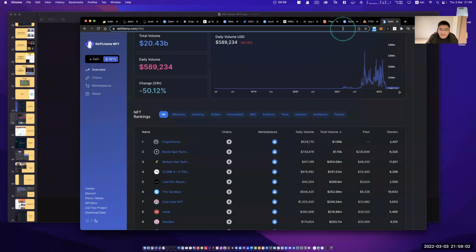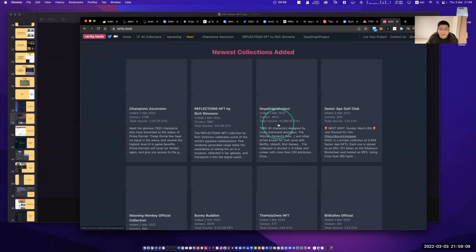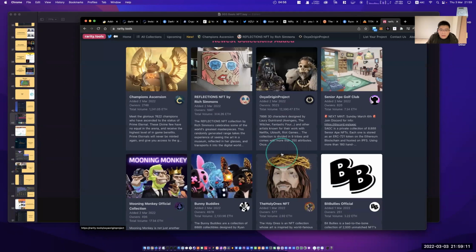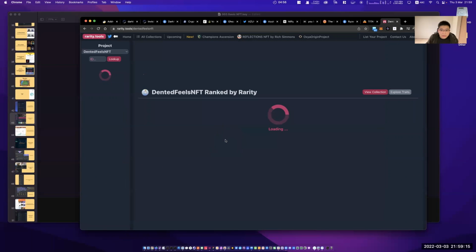You can check the rarity of your NFT, how rare your NFT actually is, and which project is good to mint.